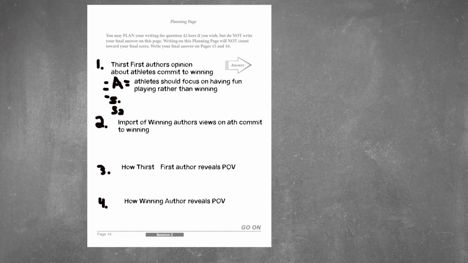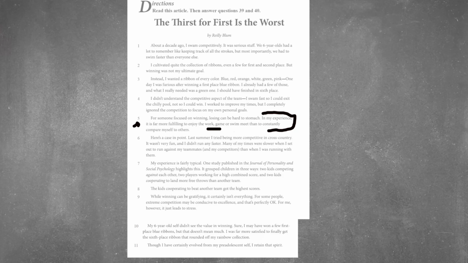Next, we need to look for two supporting statements. Sometimes we use quotes, sometimes we're going to rephrase a statement from the passage. So let's go back to the passage, and we see a quote here that we could use to tie into our answer. So I'm going to put Q1 here, and next we're going to try and find another quote that we can use to support our response that the author feels that athletes should focus on having fun more than winning. Next, we can underline this quote, "While winning can be gratifying, it certainly isn't everything." And this we'll label as Q2.